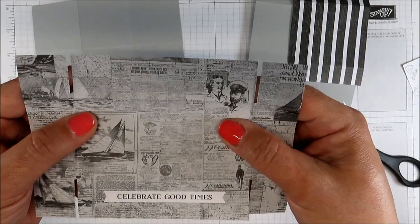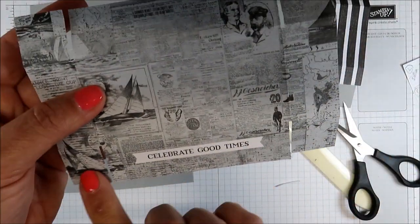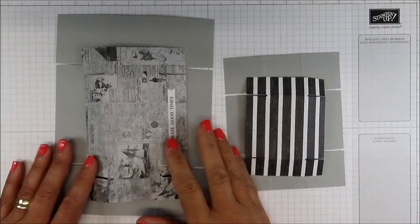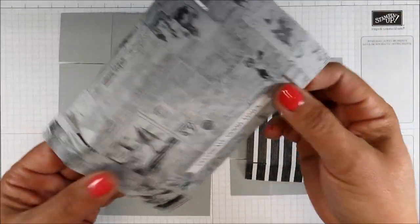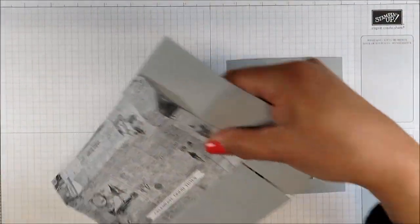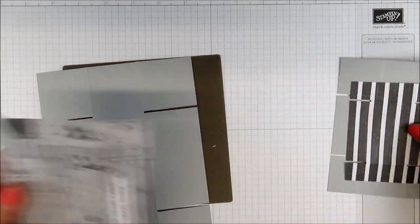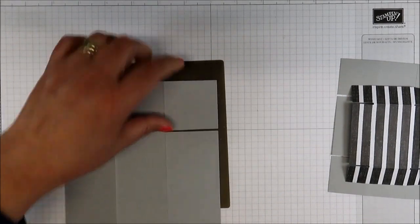So basically this is what every one of them is going to look like. Okay, so I'm just going to go ahead and stop the camera, and I'm going to make sure to cut off all of the score lines on all 4 sides like this. Okay, so now I have all of my score lines cut off. Now I'm just going to bring up my silicone craft sheet, and we're going to be adding adhesive. We'll start with the big one here,